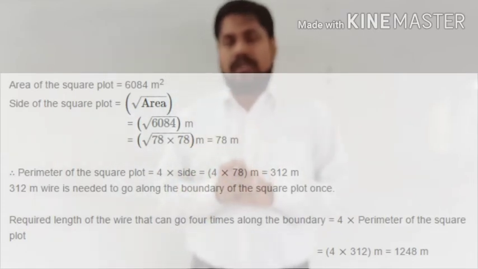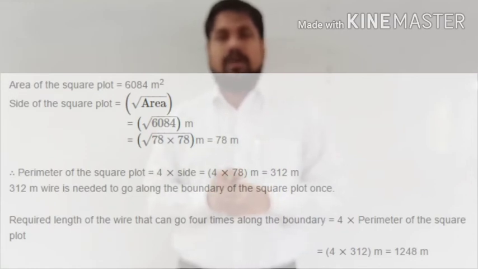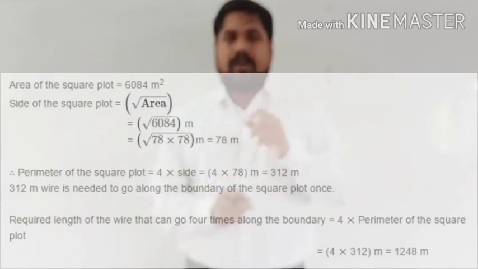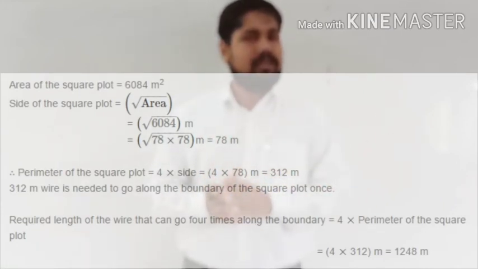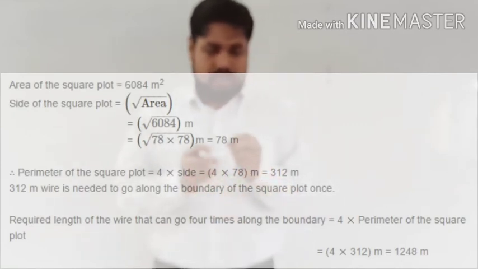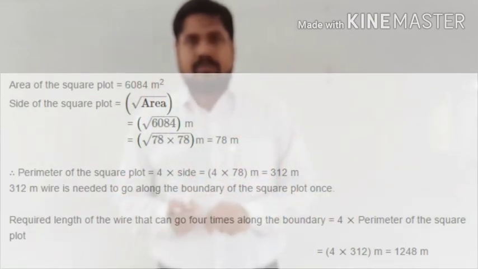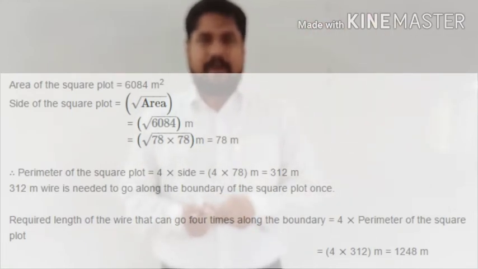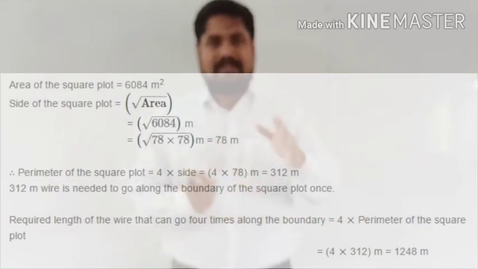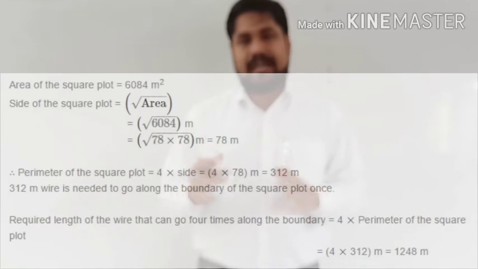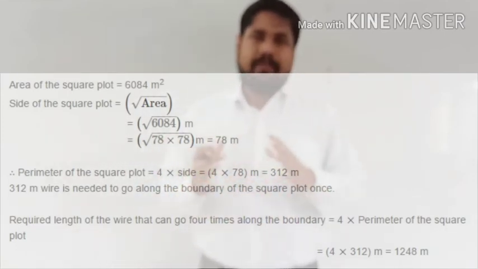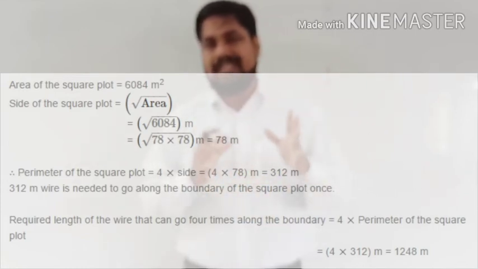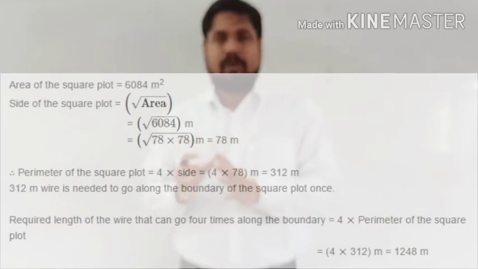So here you got the length of the one side, then you have to find the perimeter of the square. Okay, so first the perimeter of the square will be 4 times the length, right? We know that because this is a square, one side measurement is given 78, so all sides measurement, that means the perimeter, will be 4 times the side measurement. So 4 times 78 is equal to 312. So 312 meter is the perimeter of the square. So first the area was given, हम लोग ने एक साइड निकाला, एक साइड निकालने के बाद हम लोग ने पैरामीटर निकाला,